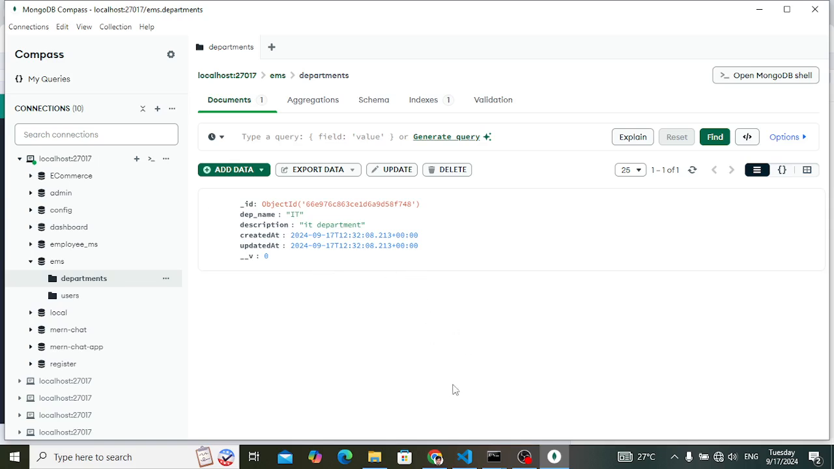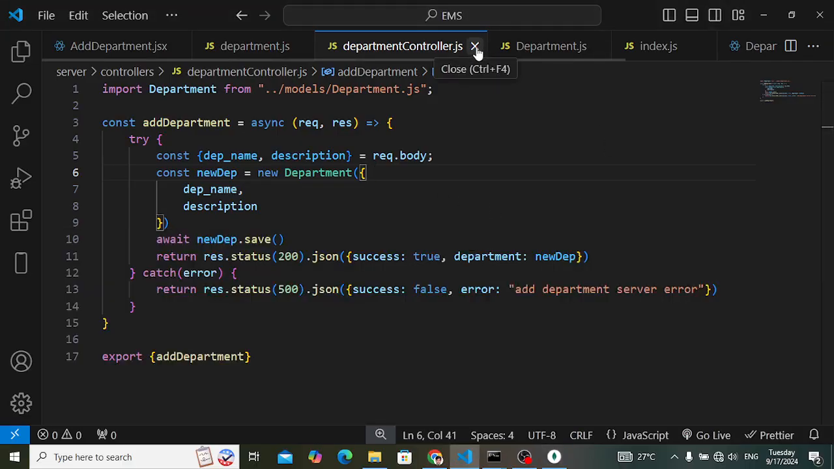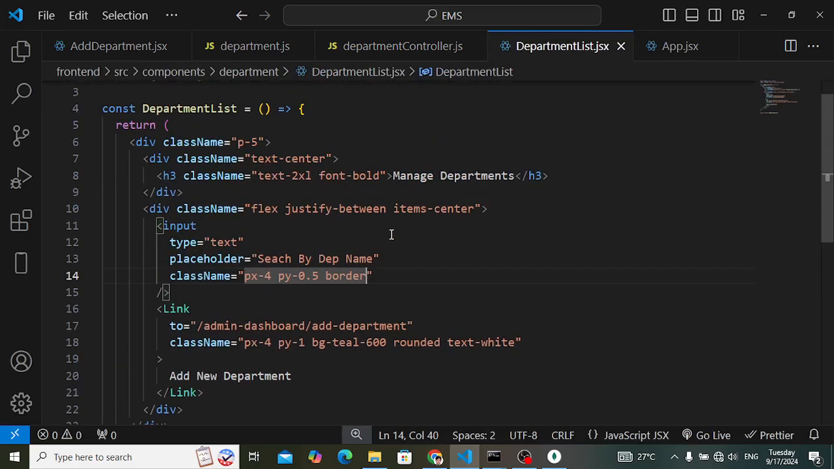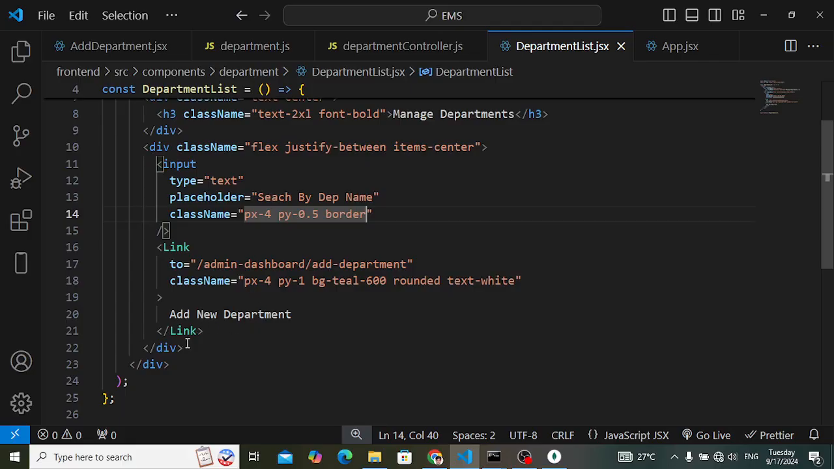Now let's switch to these departments and display that on the browser. So let's fetch the departments. Let's close the modal and also the index and department list. In the department list we will display the models. Just come here, down from this div element. So down from this div element I will display the